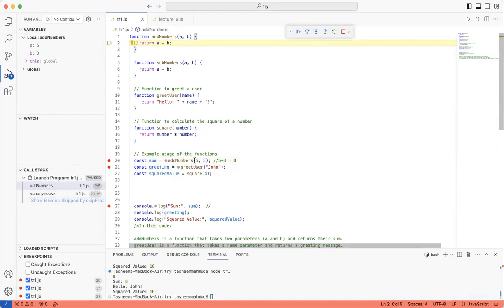In this case, we are passing 5 and 3. That means the value of A will be 5 and the value of B will be 3. Does that make sense for you guys? Questions? Everyone, is it clear so far? All right, perfect.